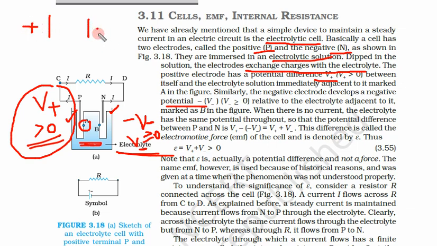Even if it is 0, still this is a higher potential, current will move from this to this even if it is 0. Let us say it is not 0, then what will happen? So here what we are saying is that not V minus V negative is greater than 0. We are not saying that this quantity is greater than 0. What we are saying is V negative is equal to or greater than 0.